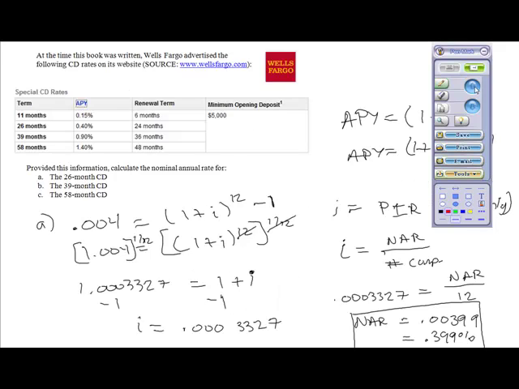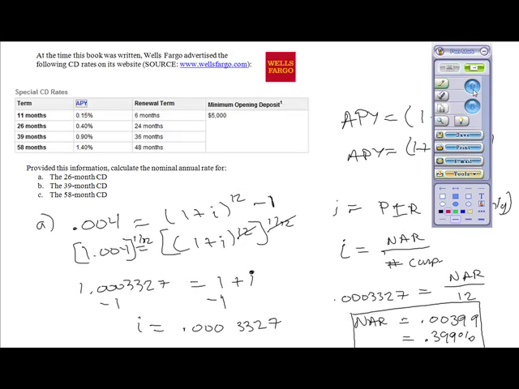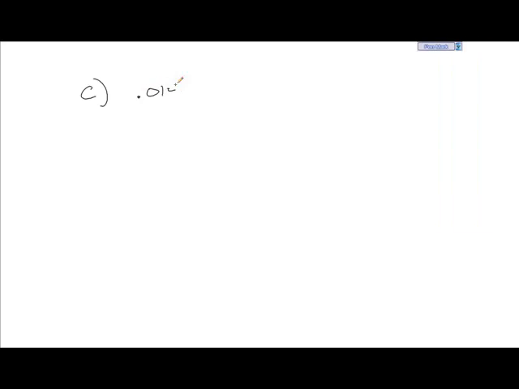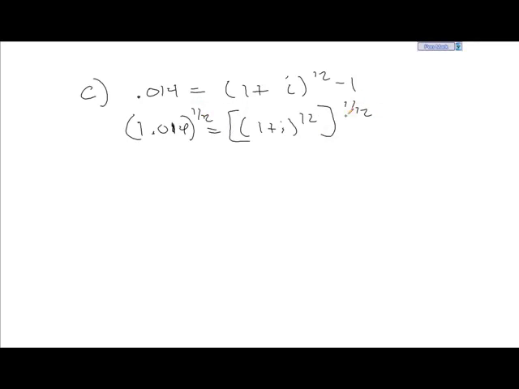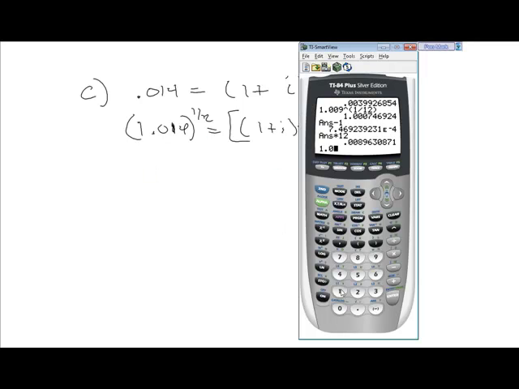And now we're asked to do this for the 58-month CD. So same process. This one is paying 1.4%. So that'll be 0.014 equals (1 plus i) to the 12th power minus 1. So add 1, (1 plus i) to the 12th. Raise both sides to the 1/12th power. Those cancel, and I get 1.014 raised to the 1/12th power,